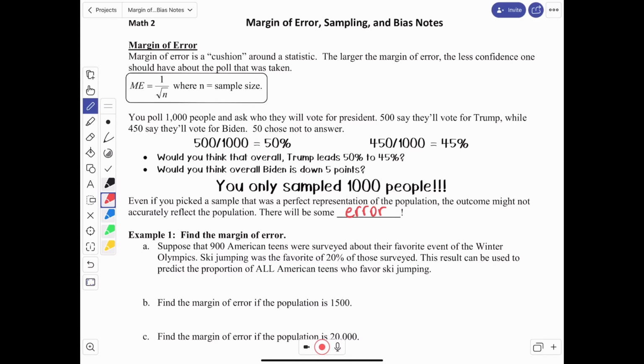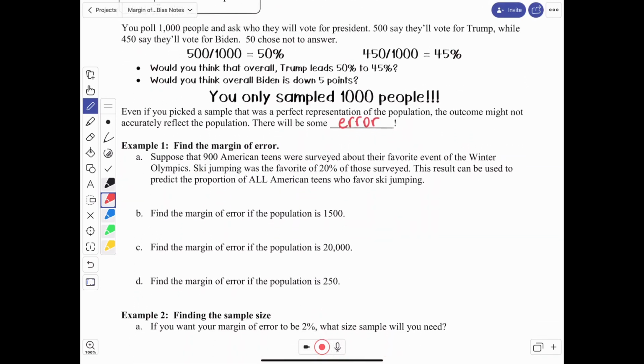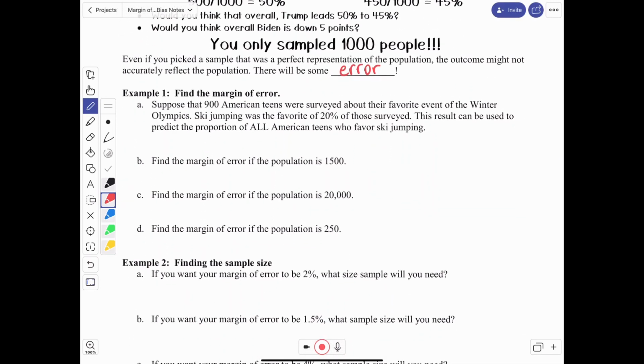So finding the margin of error. Suppose that 900 American teens were surveyed about their favorite event of the Winter Olympics. Ski jumping was the favorite of 20% of those surveyed. This result can be used to predict the proportion of all American teens who favored ski jumping. So the way that we would find that is we would do 1 over the square root of 900. So you would just type that in your calculator: 1 divided by the square root of 900. So that would come out to be